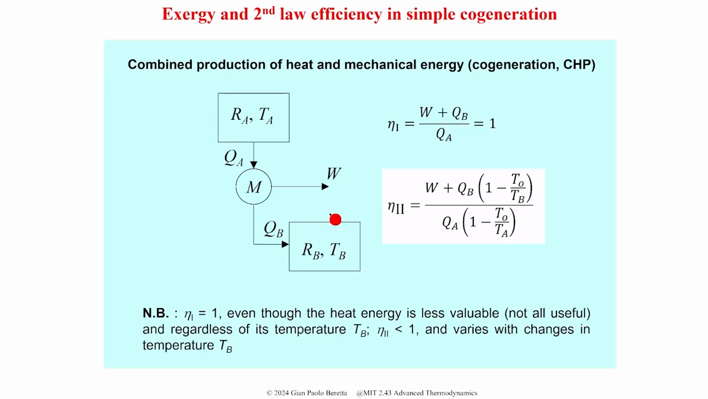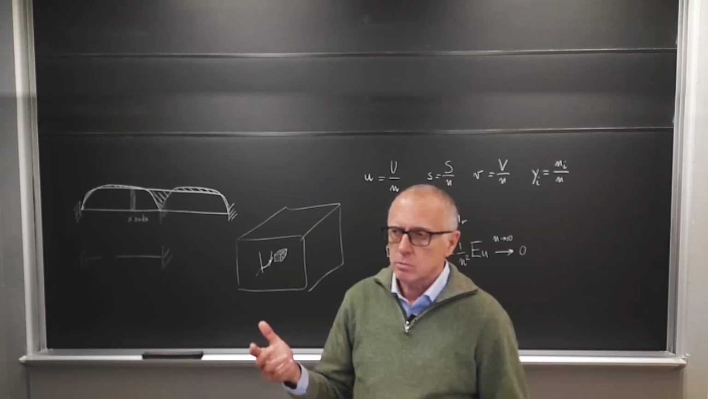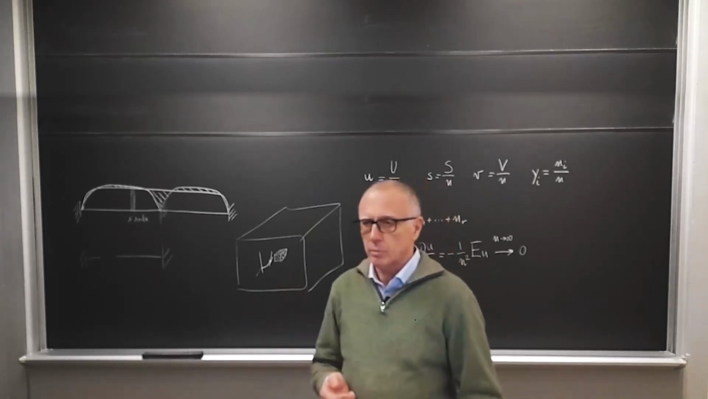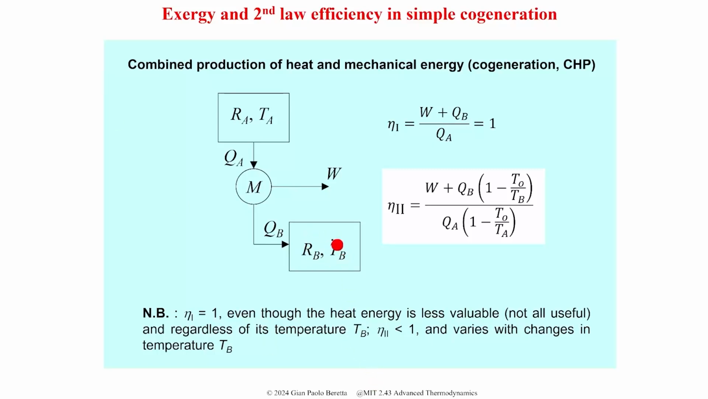For example, this cold reservoir could be your house, the house that you want to warm up. You want to be at 70 Fahrenheit or 21 C in your house. And one way to heat up your house, it's actually one of the best ways from the point of view of thermodynamics, is to